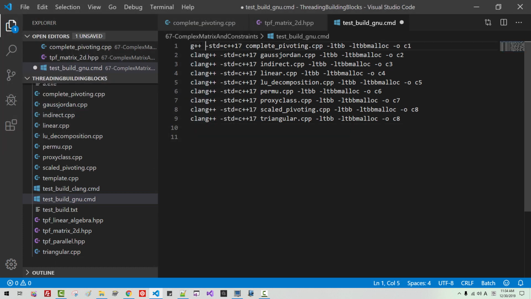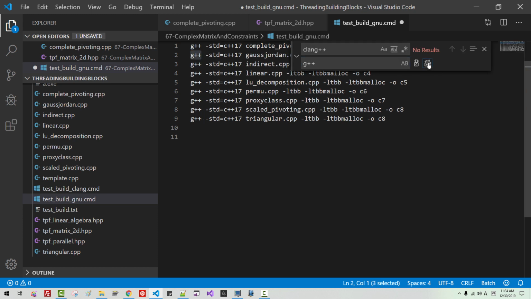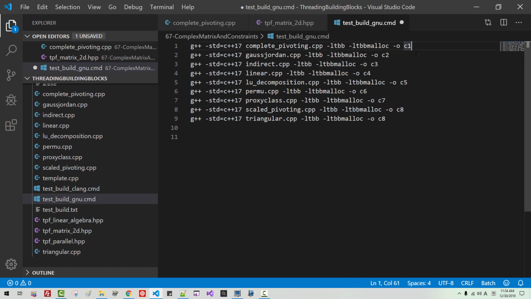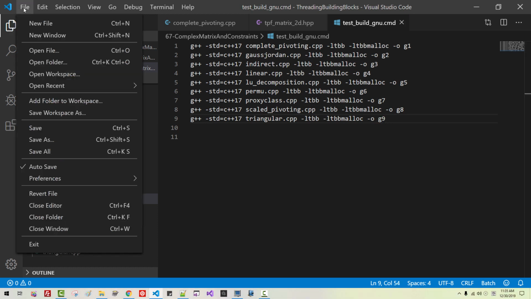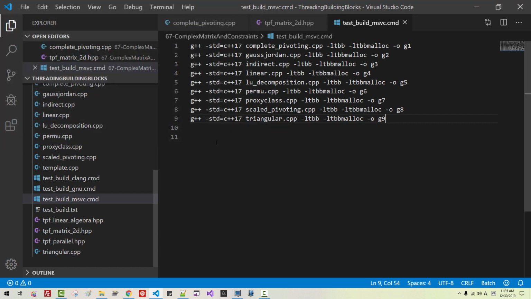Now copy this, G++, replace all. Now G1, G8, G9. File, Save As, MSBC, save. Now it should be copy